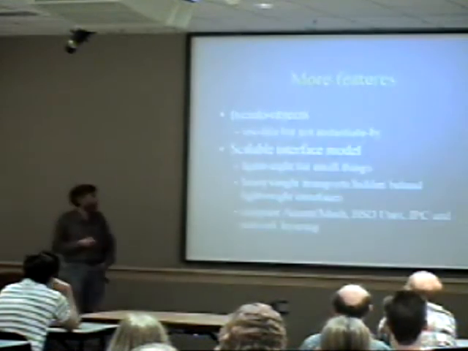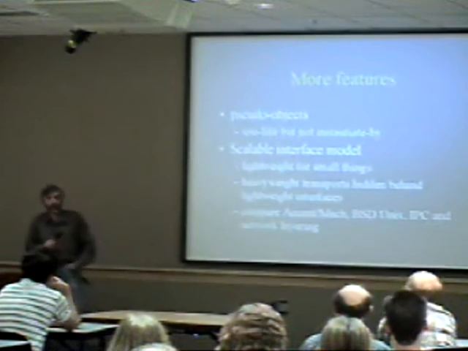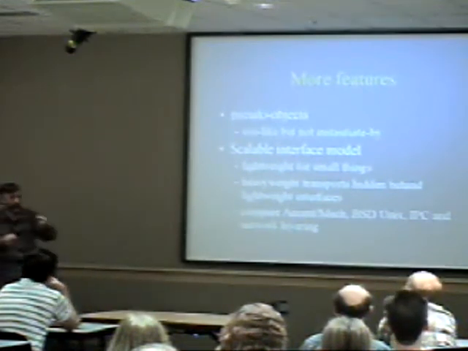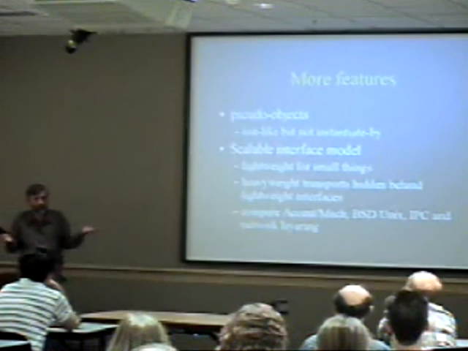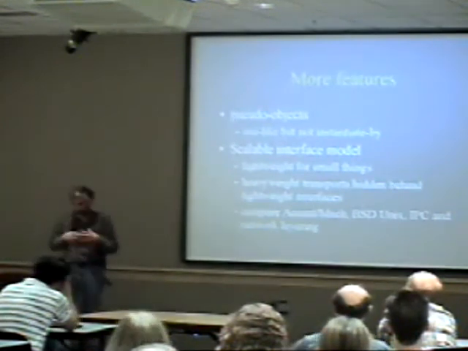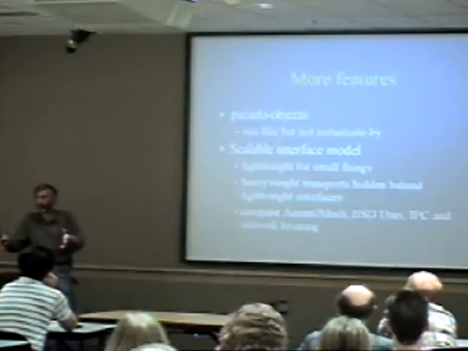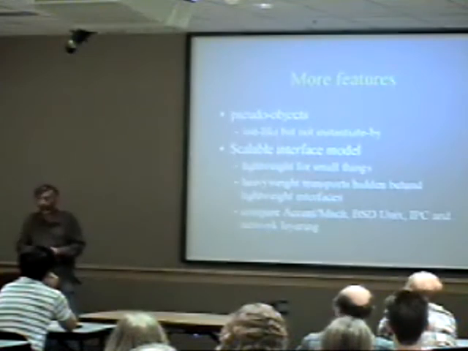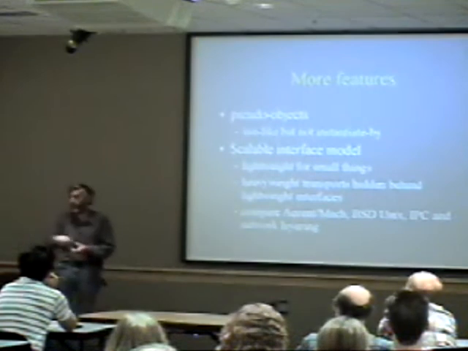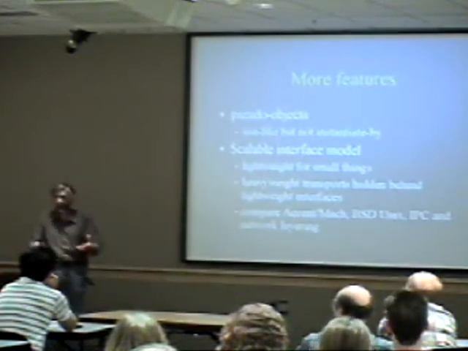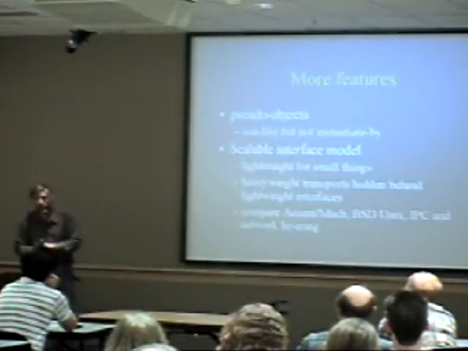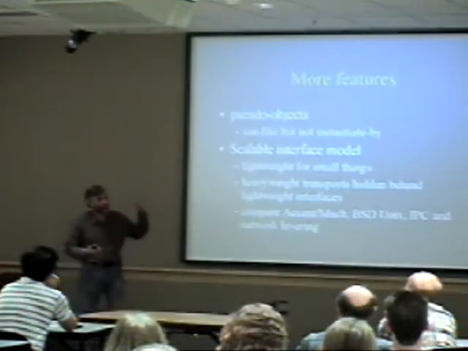Some more features that showed up there was, first of all, the notion of a pseudo-object. This is a thing which, when you're invoking operations on it, looks like an object. But its implementation doesn't have to be anything like an object. The prototypical example here is a cell or a range of cells in an Excel spreadsheet. You'd like to be able to somehow get a reference to that thing and talk to it, invoke methods on it, like paint yourself green, or clear out the formulae. But you don't want Excel to have to implement its cells and ranges as objects in order to make that possible. And again, other object-oriented frameworks don't seem to have hit upon this.